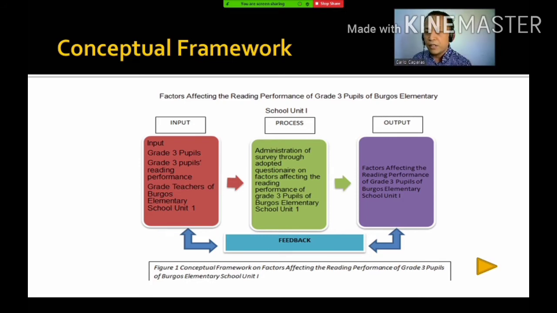Also, we have here, but not indicated, the evaluation tool, survey questionnaire, permit to conduct the study, parents' permit, and the other